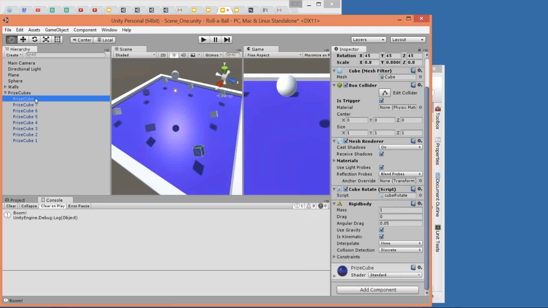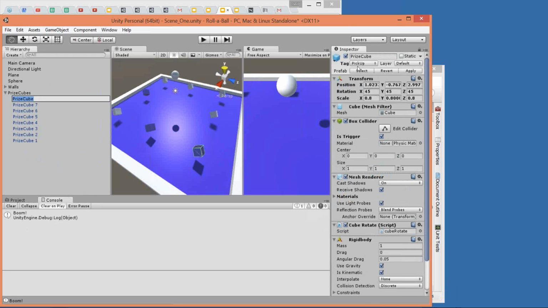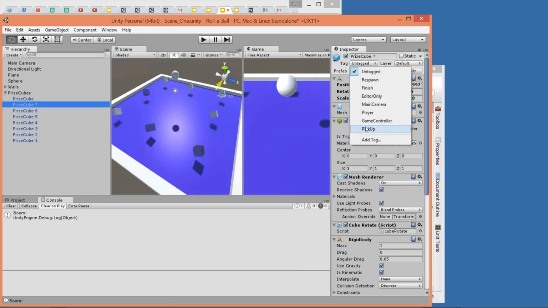So now we did have to set some things in the object in the cubes themselves, right? For each prize cube, we have to select the tag pickup up here, and we have to select that it's a trigger in the box collider component. So the cube rotate script, that works. That's generic to the ball. That's attached to the ball. Now, if we go through and add this tag to everything, which is very tedious,